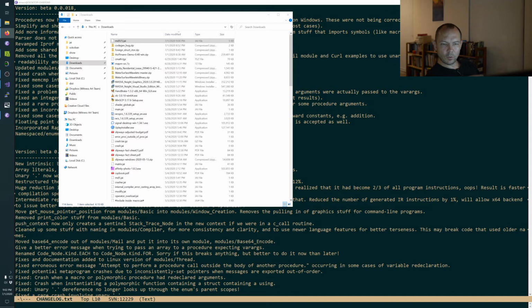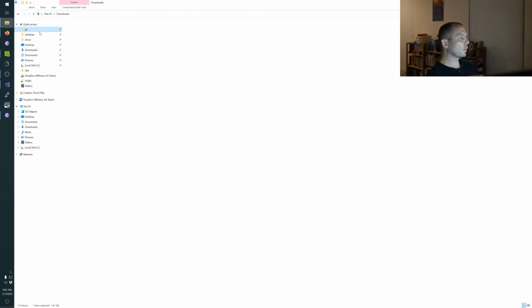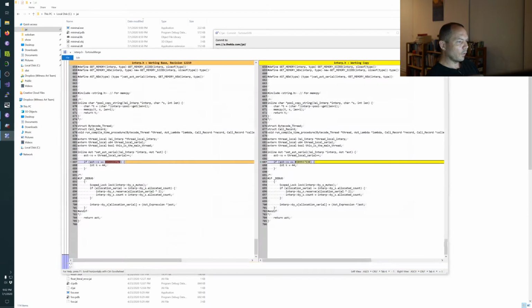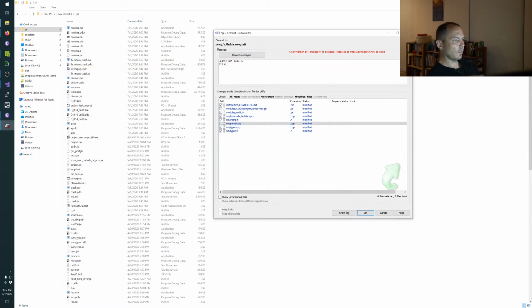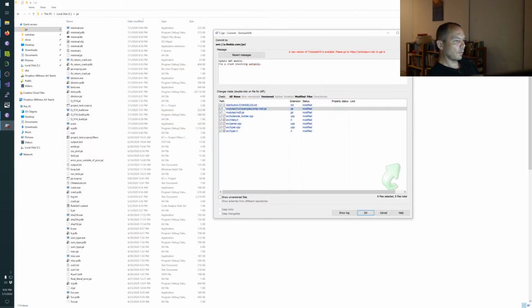Crash when using a module. Let's try this. Whoa, there's a bunch of stuff that I didn't check in. All right.